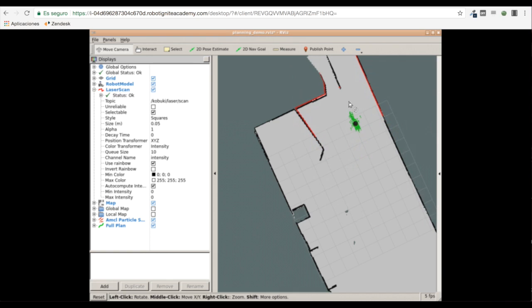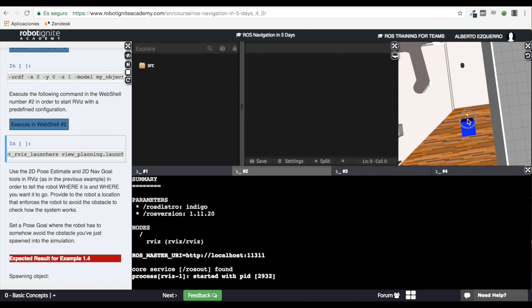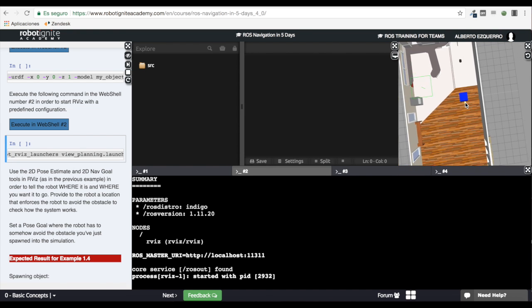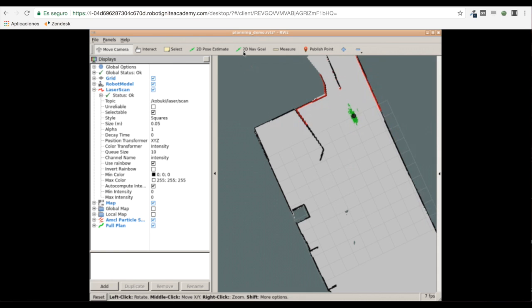And now what I'm going to do is to send a goal around here. So I will force my robot to go past the point where I have placed my object, okay? So I will make it go around here. So let's see what happens. You will go more or less here. Okay. So as you can see,